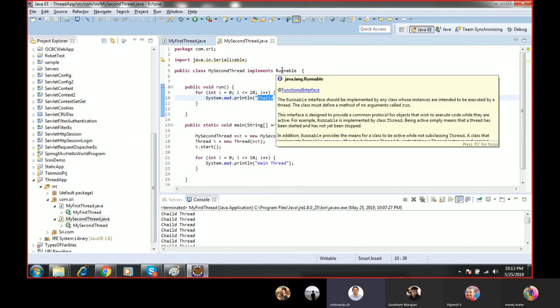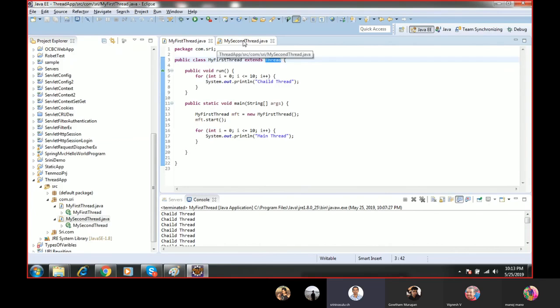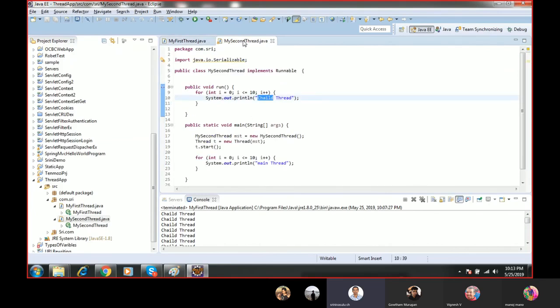Then the question is, which is the best way? By extending a Thread class or by implementing the Runnable interface? We have two options. Which option should we go with? The best option is implementing the Runnable interface. Implementing a Runnable interface is the best choice, and the reason is,